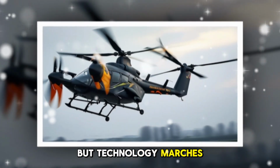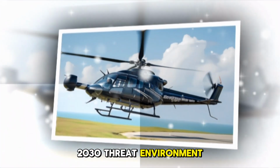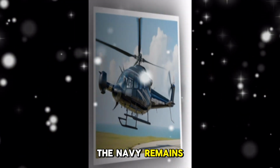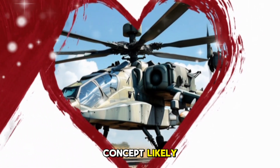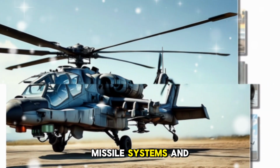But technology marches on, and by the 2030s, the Navy needs an aircraft that can thrive in a post-2030 threat environment. While the Lockheed Martin F-35C Lightning II might meet some of these future requirements, the Navy remains cautious. The future FA-XX concept likely involves sixth-generation fighter capabilities, an aircraft designed to counter advanced surface-to-air missile systems and operate